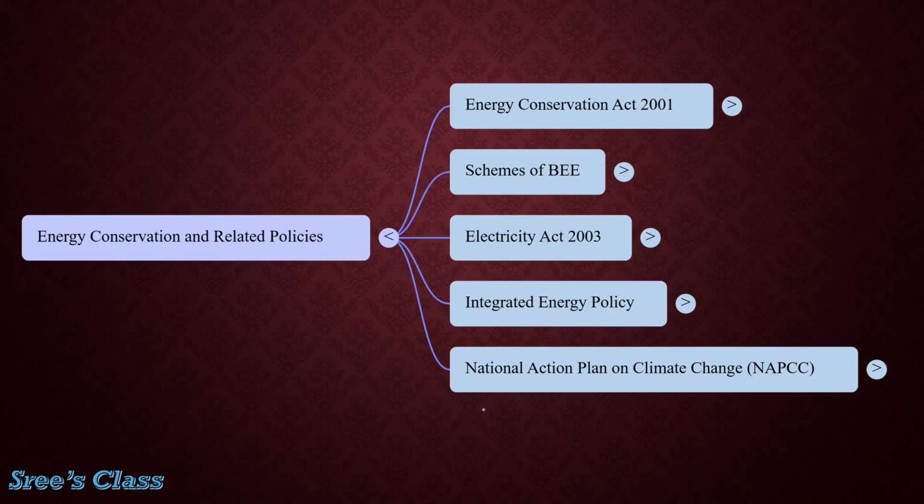So the main points we will be discussing in this chapter are, first one, of course, the Energy Conservation Act, EC Act, which was formed in 2001, and then because of this act only the Bureau of Energy Efficiency came. And this Bureau of Energy Efficiency, what are the schemes? There are many schemes in the Bureau of Energy Efficiency that we will be discussing, but we will be taking this last. Before that, actually, we will be taking this EC Act,